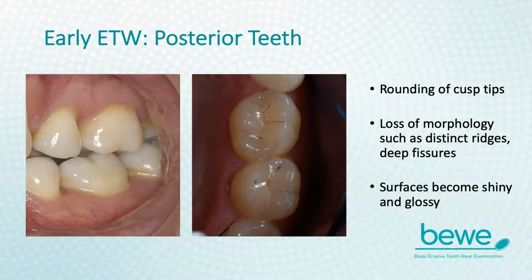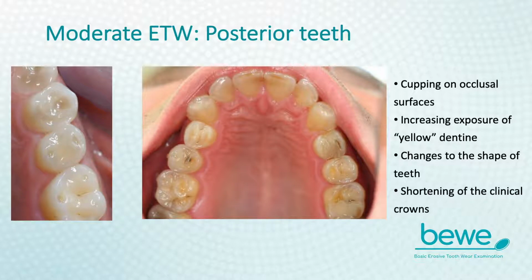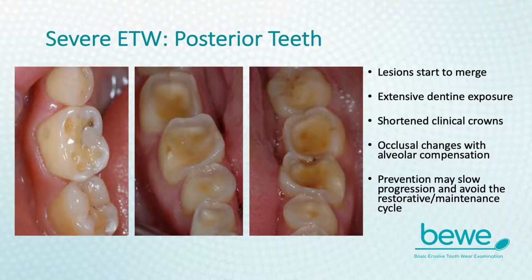Signs of erosive tooth wear on posterior teeth are rounding of the cusp tips, loss of morphology, and the surfaces become shiny and glossy. As erosive tooth wear progresses on posterior teeth, occlusal cupping and exposure of yellow dentine can happen, as well as changes to the shape and height of teeth. As exposure increases, the wear lesions merge and the dentine becomes exposed, and in severe cases, the clinical crowns shorten